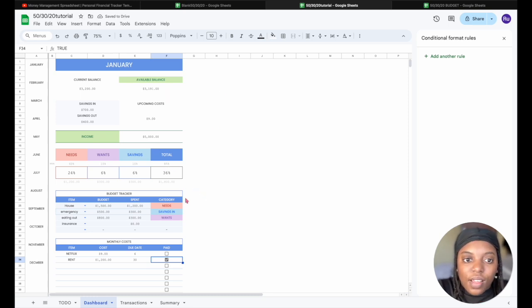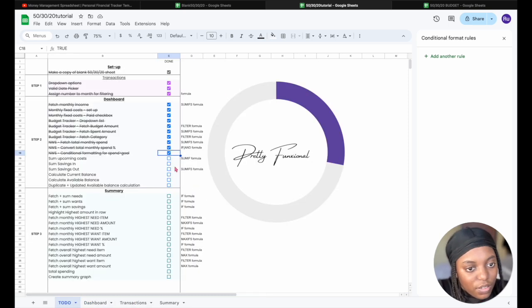Great. And that should be everything for dashboard. Some upcoming costs, some savings in, some savings out, calculate current balance, calculate available balance, and now we can duplicate for the other months. But we do have to do a few tweaks here and there for the other